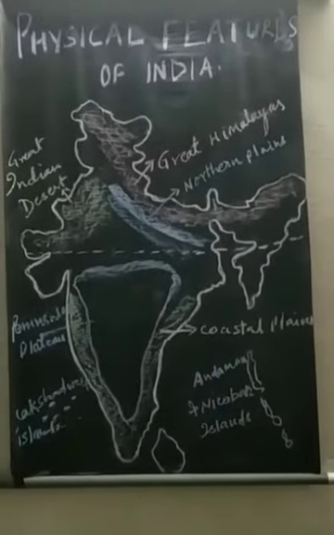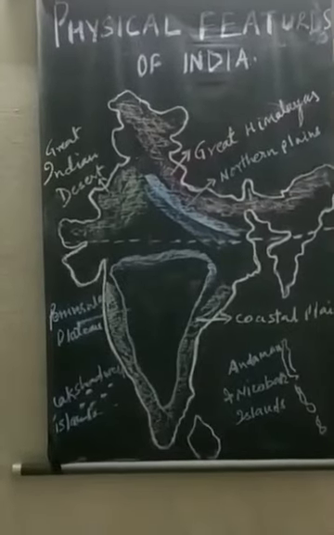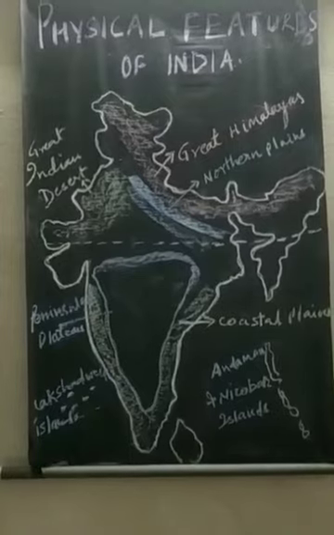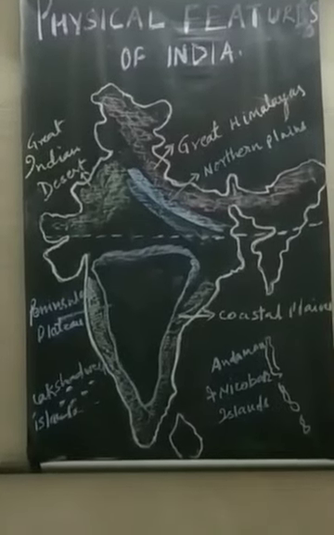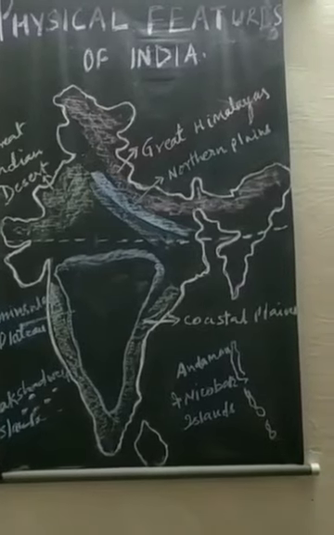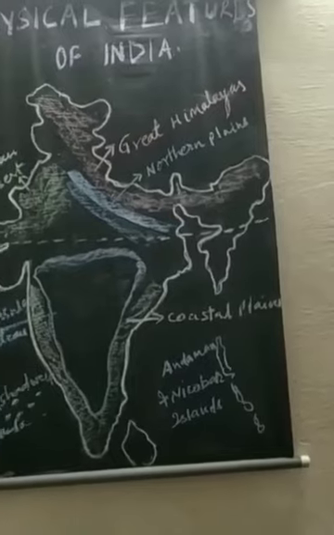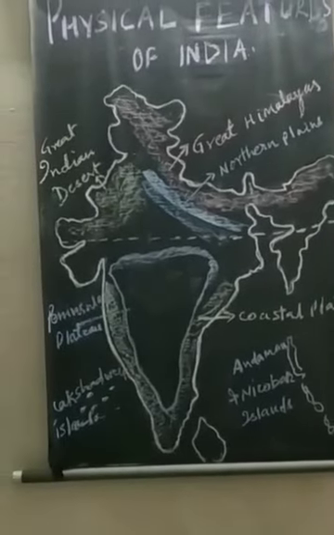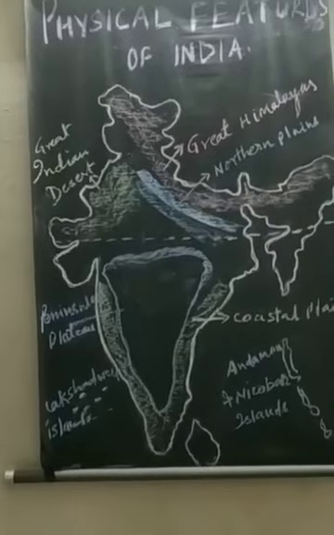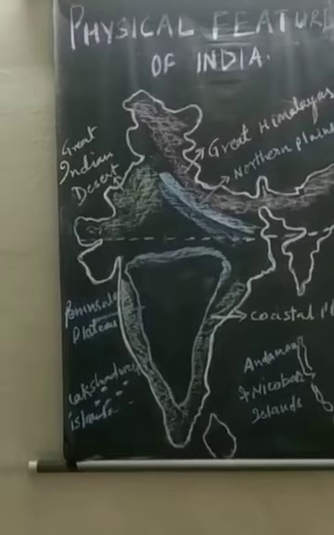There are many important rivers. The rivers in their lower course split into numerous channels due to the deposition of silt, and these channels are known as distributaries. The term distributary means when a river is split into a number of channels or branches. We will discuss it in detail in the next chapter.